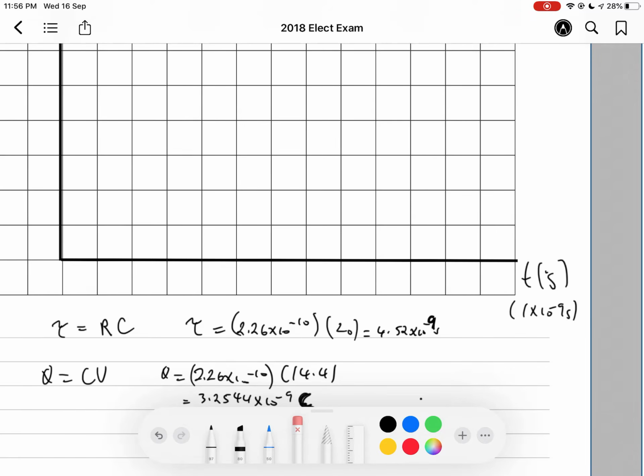Sorry, actually that's a bad idea, because only after about five time constants, it's considered to be fully discharged. Technically it's not fully discharged, because it's never going to be fully discharged, because it's an exponential decay. But after 5 time constants, it's considered to be fully discharged. So if we did 4.52 times 5,